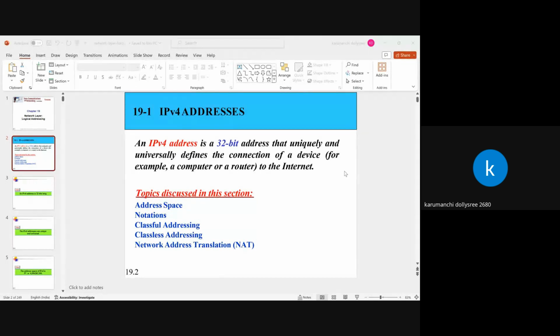That particular global addressing scheme is known as logical addressing. Here we are using a term called IP address, right? That is the logical addressing in the network layer that is present in the TCP/IP protocol suite. If you see in this slide,